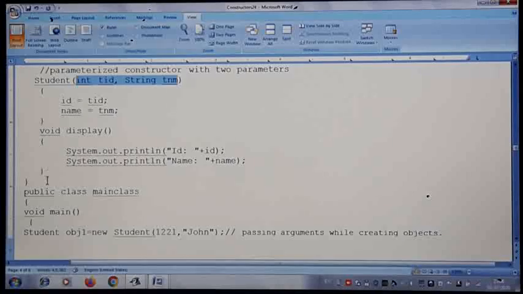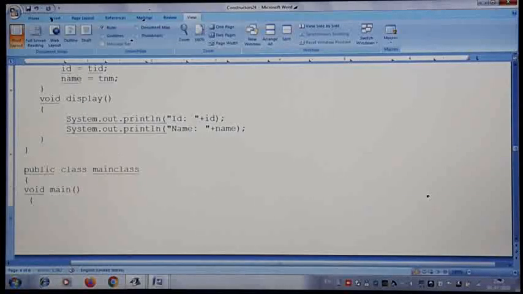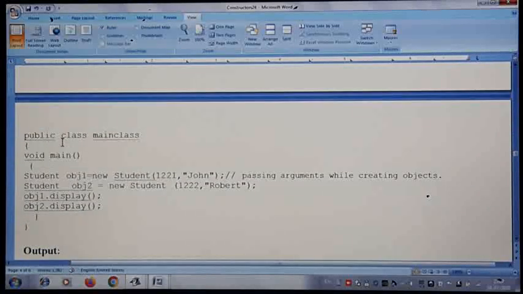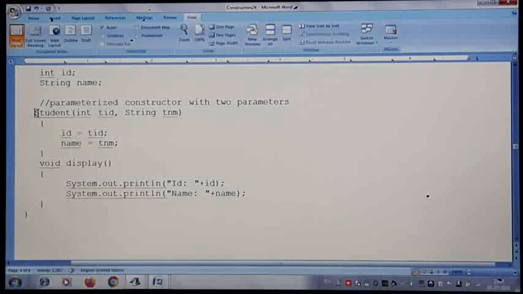The next question. We write one more class as a main class where we are writing a main method. In that class we are going to create an object. Just for clarity, I pushed it to the next page. Public class main class, where we are going to create Student obj1 = new Student. If you observe here, normally we open the bracket and immediately close the bracket, but here we are not closing the bracket immediately because the constructor I have written is a parameterized constructor.